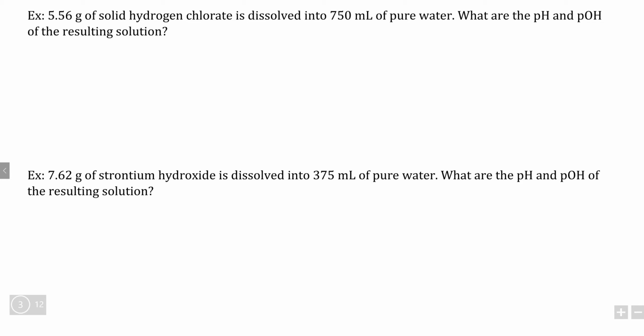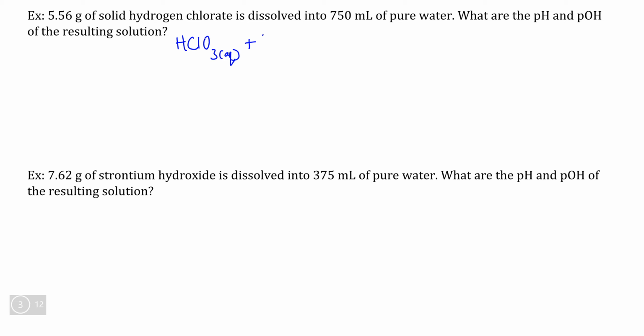Now that you've learned the formulas for pH and pOH, it's time to actually do a few problems to see how these can be used. We start with an acid calculation using the strong acid, chloric acid, made from dissolving hydrogen chlorate into a specific